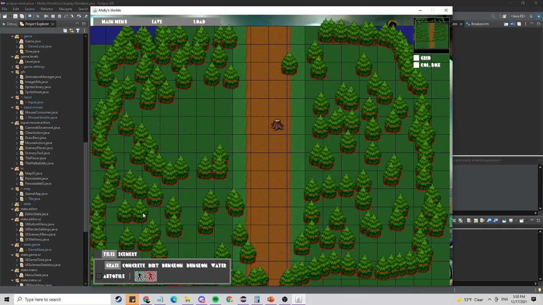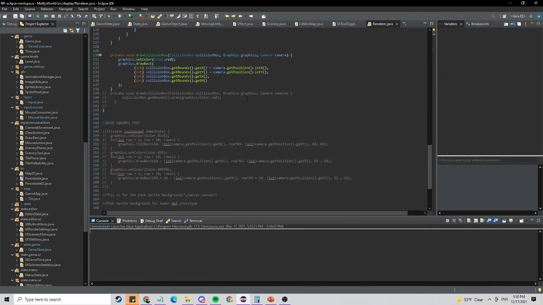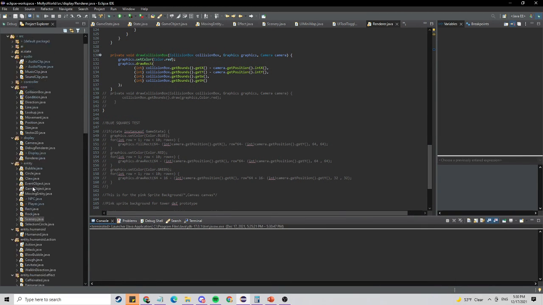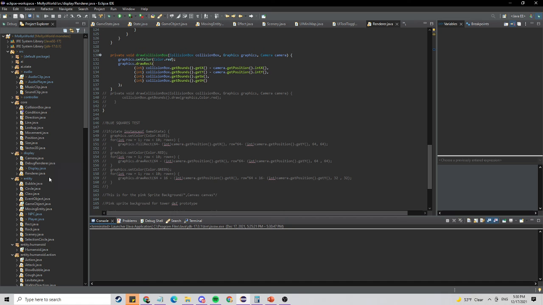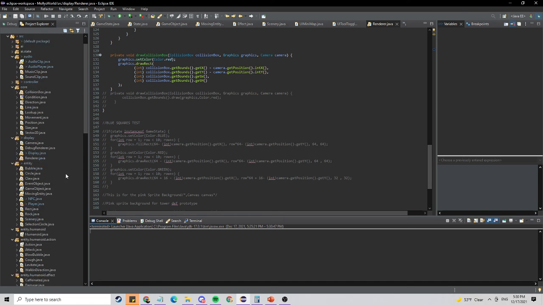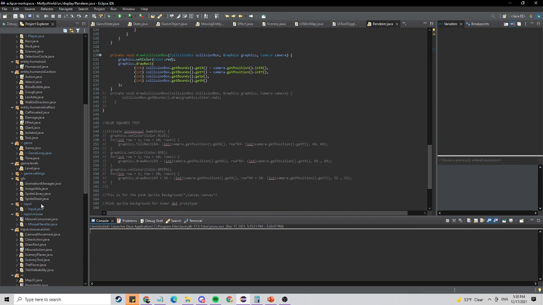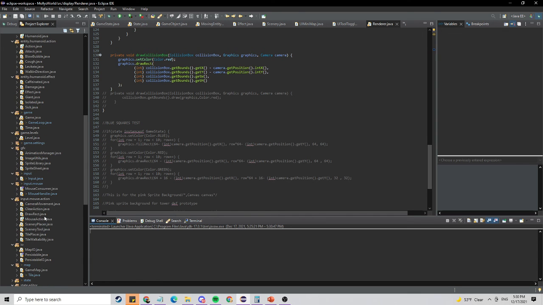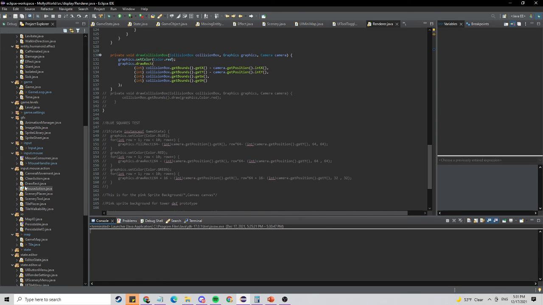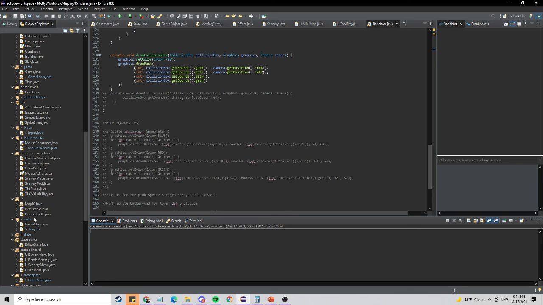Okay, let me first show you, well, you can see the font. This is the font I want to use, but I just realized that the arrow disappears with this font, so let me fix that really quickly. And I also want to enable the music that I have for the menu state, which I made a couple of soundtracks with some tools, and for some reason I don't know why my hierarchy separates all the packages into different areas, but